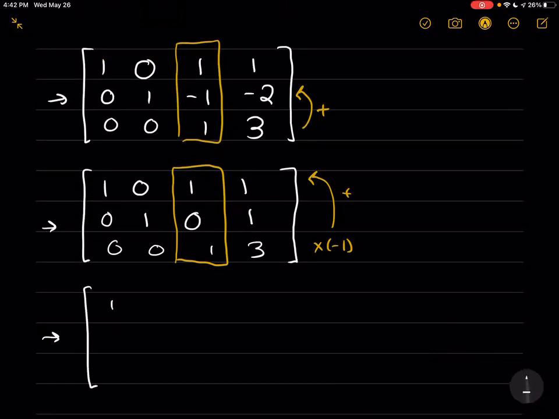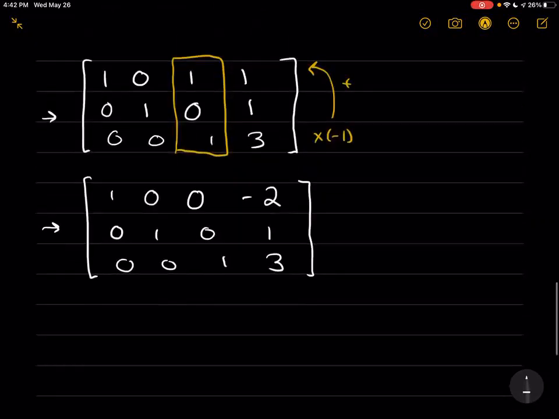So we get 1, 0, 0 plus 0 is still 0. And then we get -1 plus 1 is 0. And we get -3 plus 1 is going to be -2. And then the other two rows stay the same. We get 0, 1, 0, 1, 0, 0, 1, 3. And now